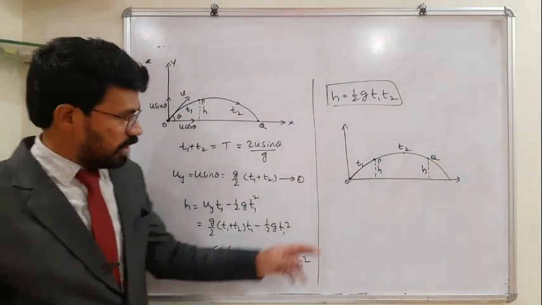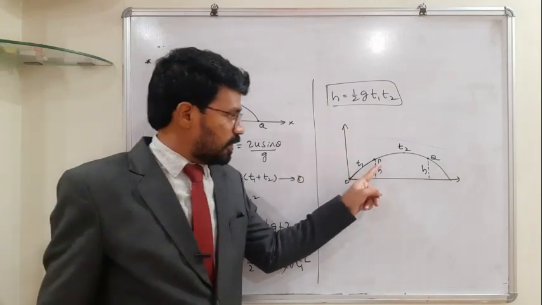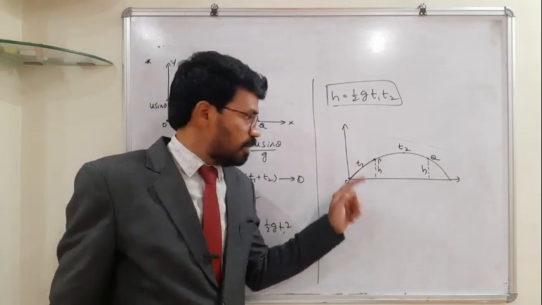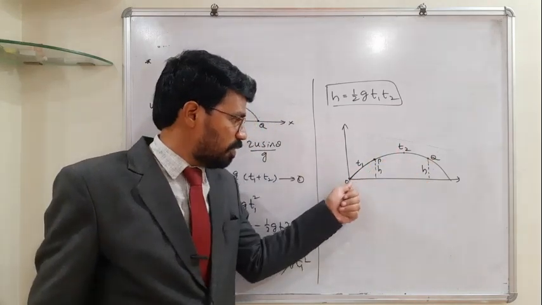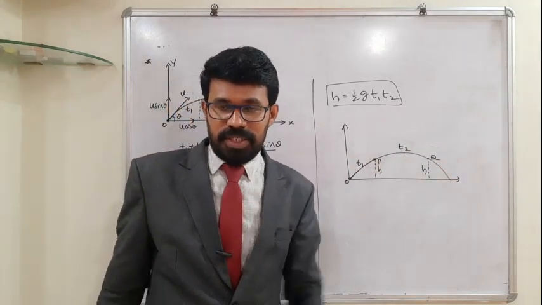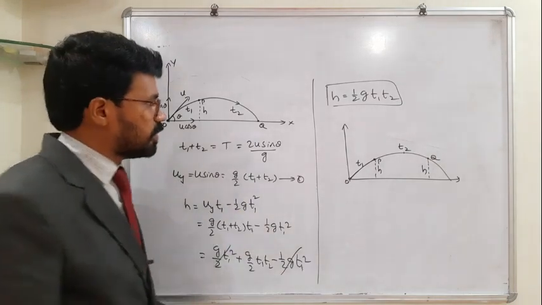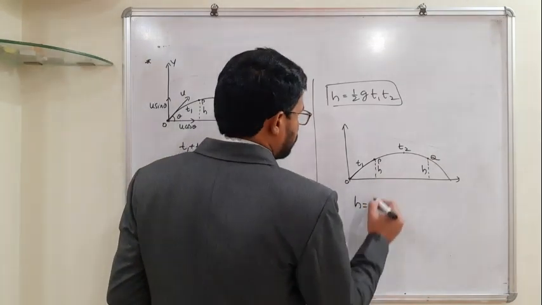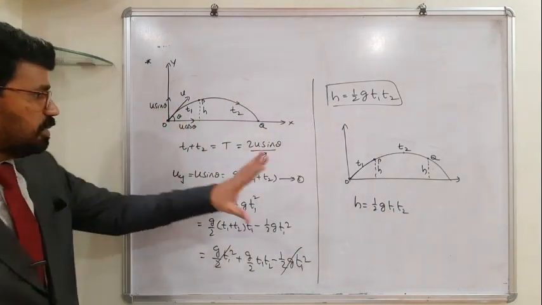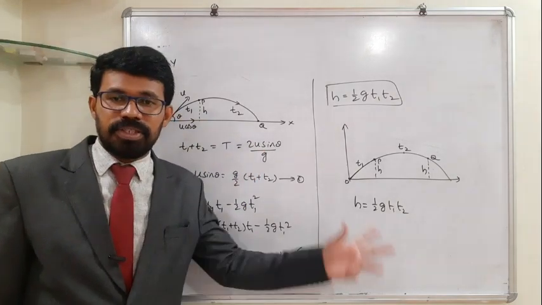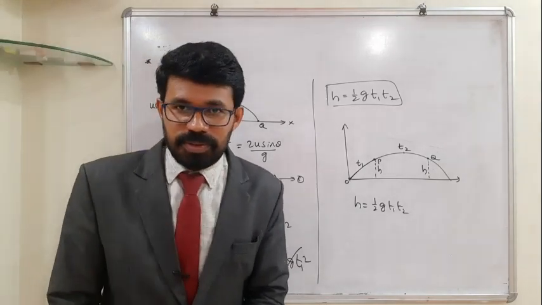Okay, let me tell you again. These 2 points are at the same height. When the body is projected from this point O, it has crossed point P in a time equal to t1 seconds, and the body has crossed the point Q in a time equal to t2 seconds. And this t2 is measured from the starting point of projection. This situation and the earlier one are the same. And here also, what will you get? h is equal to half g t1 t2. So the same thing can be understood in different ways, like this. That's it. Let us try one or two problems based on this discussion.